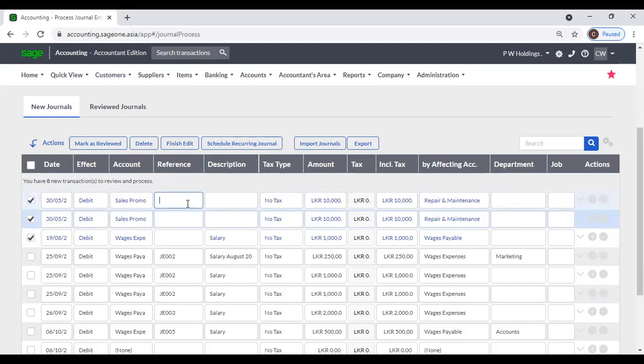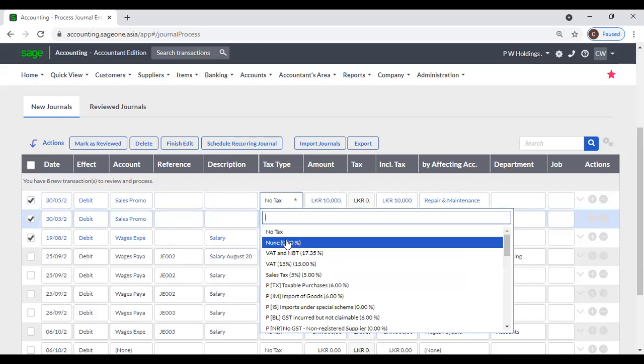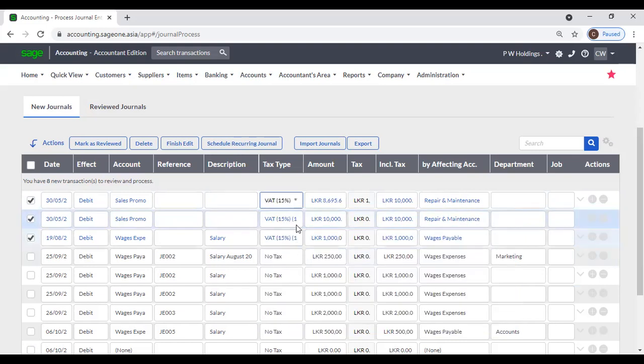Now here you can see I'll type only one reference, but it will change the other ticked journal entries also. Right, like that. If you want to change reference or taxes, now you can see the other two accounts also will change. You can change more than one journal entry at once by clicking this batch edit. Right, next,